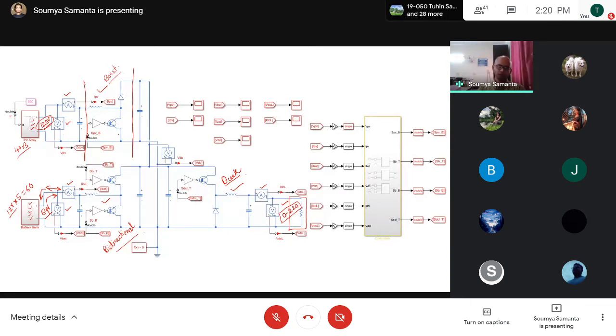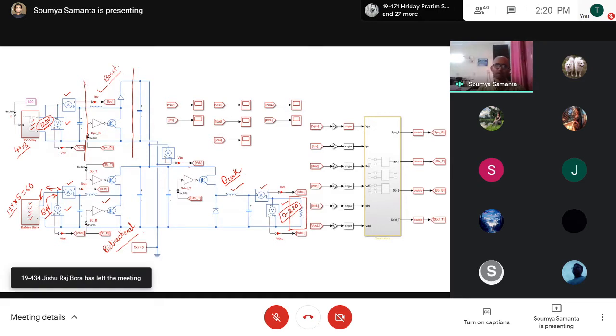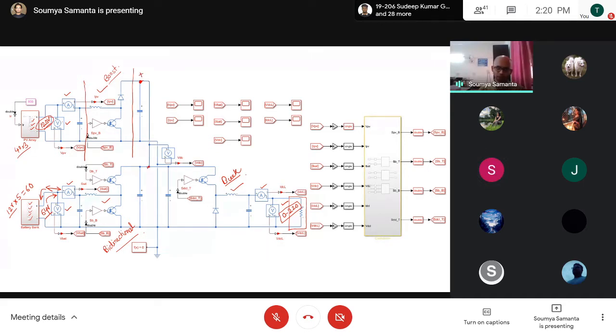Before explaining the function of this one, let me explain one thing, that I have connected all three converters at common points. If you see, this is one point, suppose this is the plus terminal. This is also one point, this is a plus terminal. So this is the common plus terminal, and it is connected to this. Similarly, there is a minus terminal here. This part is the minus terminal, which is this. This is the minus terminal. Okay, from the dots you can understand this part.